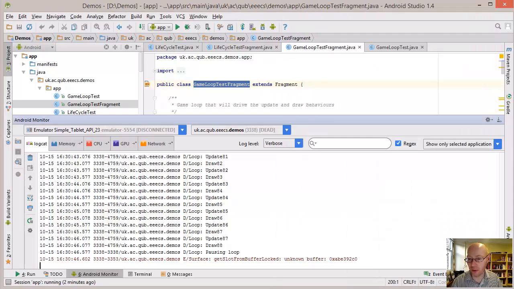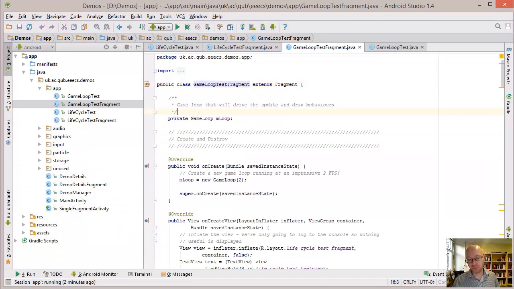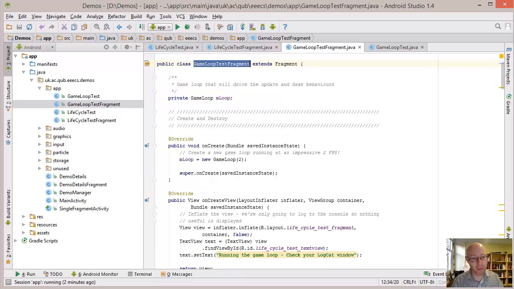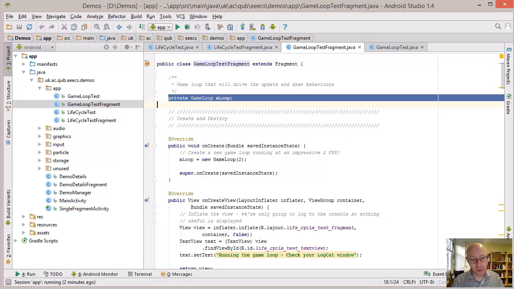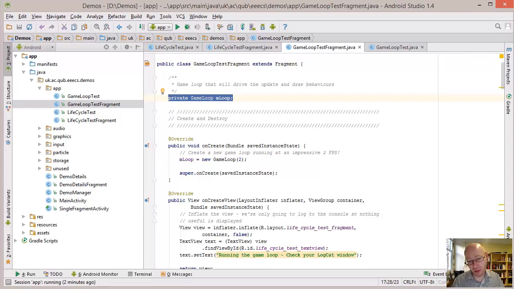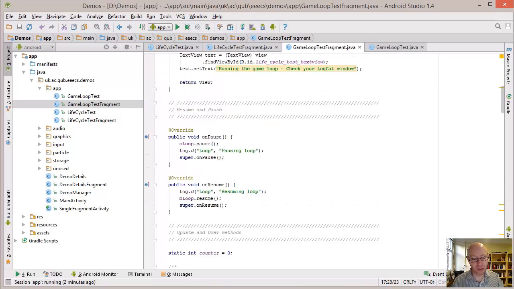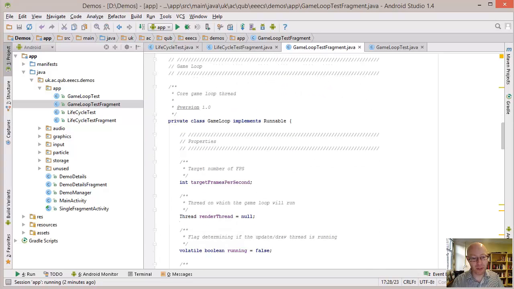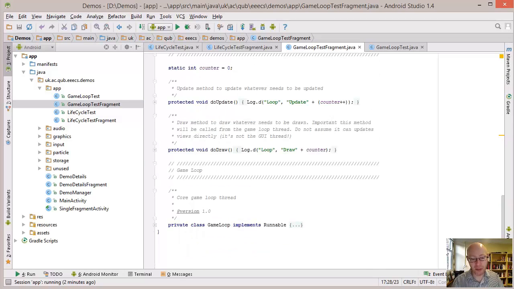So let's go back to our code to do that. There's only really one file we're interested in. It's our game loop test fragment, and we'll go down through this to see what different elements we have inside it. First thing, the first most important property of it is that we're going to have an instance of a game loop. Now if I quickly scroll down, game loop, you can see down here, is actually going to be a